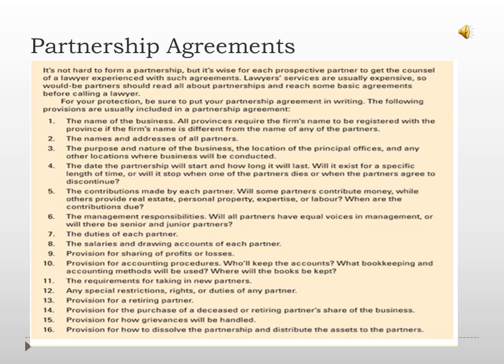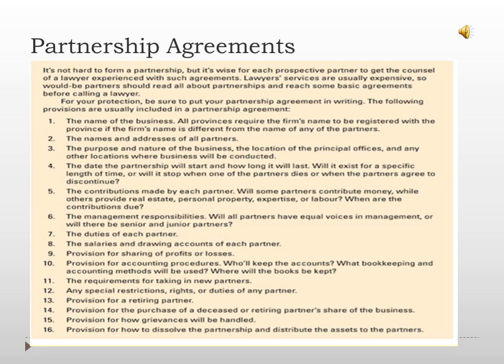As we said, it's important when entering into a partnership that there is a written partnership agreement. In fact, if you are looking at going into business, I would strongly encourage you to seek some legal counsel in creating a partnership agreement, because they can vary. Sometimes they can be very simple. Oftentimes they are very complex, especially as the number of partners increases.